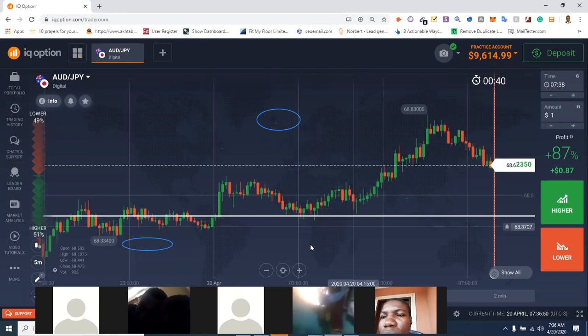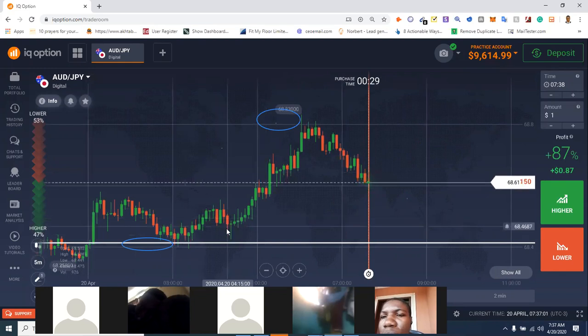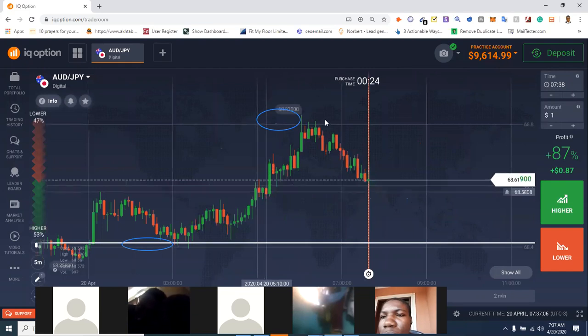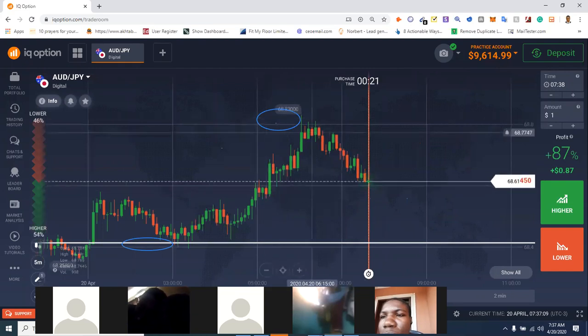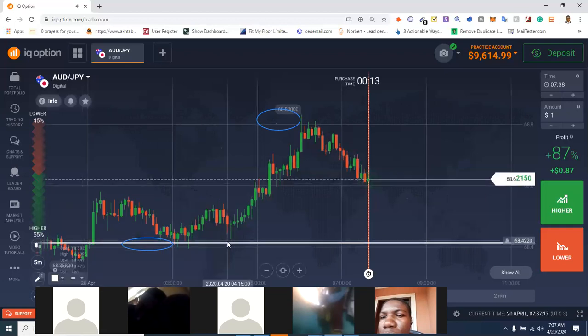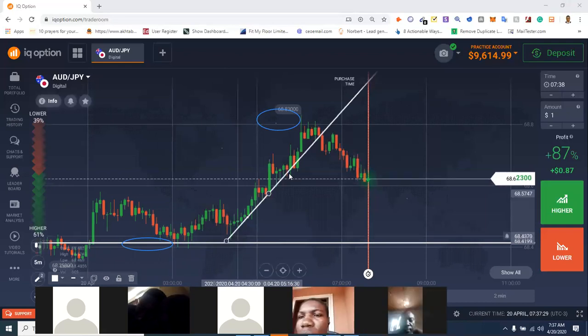So now, what do I need to do? This is coming down. Okay, it's coming down. From here, it went up. Wanted to come down here, could not, went back up. Wanted to come down a little bit, could not, still kept going up. This is an uptrend we have here. Let me draw the trend for us to see. You can have a trend here. Okay, now that is an uptrend that I have here. We can see it going up.